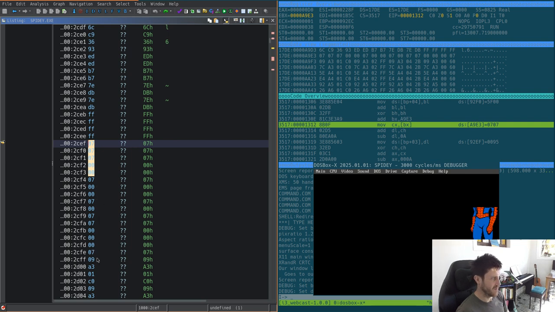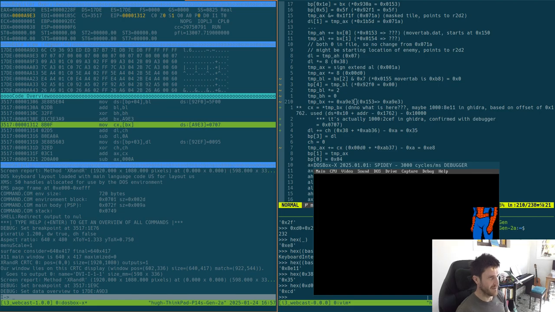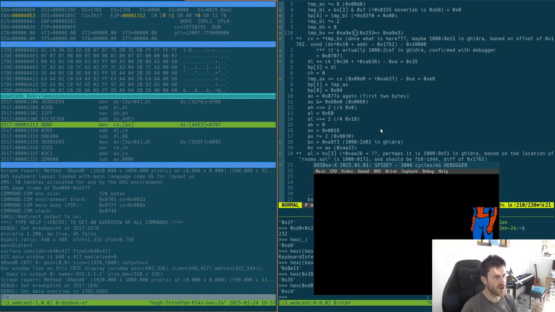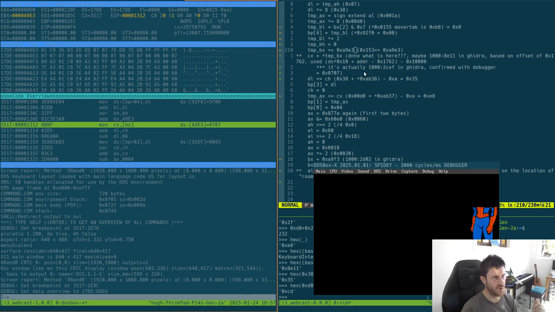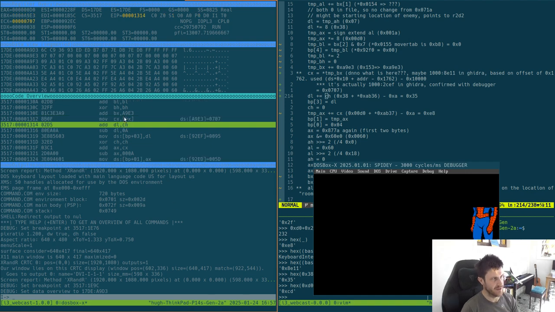It's not really a pattern, but it kind of goes back and forth. Then the next row has 9A3. So this is where this is pointing, and this is quite handy because it allows us to step through this and kind of work out what's happening a little bit better. And so what this has in essence done, at this point here, we're about to get that data, add it to